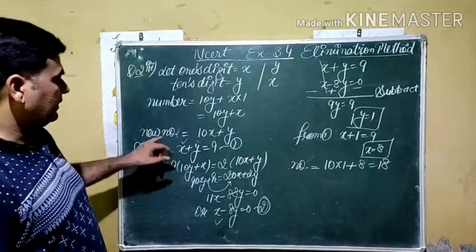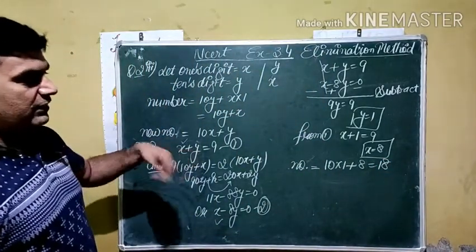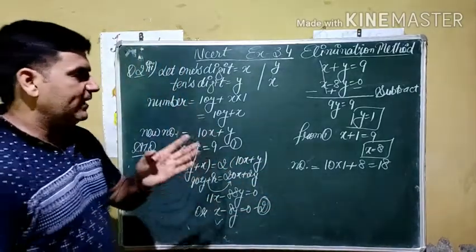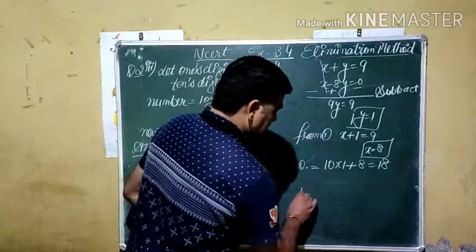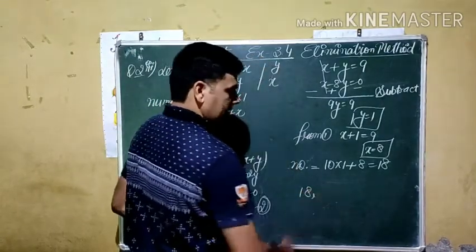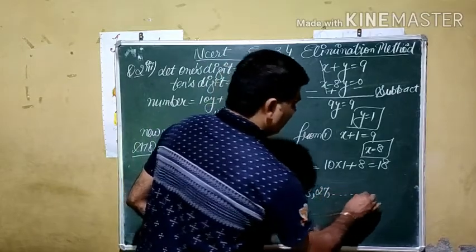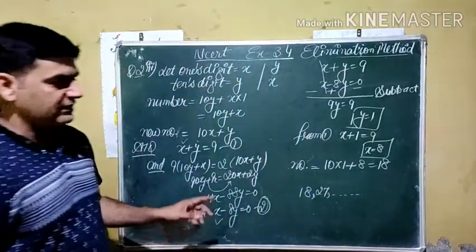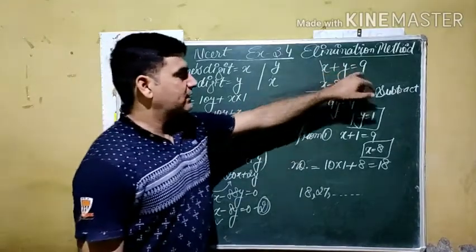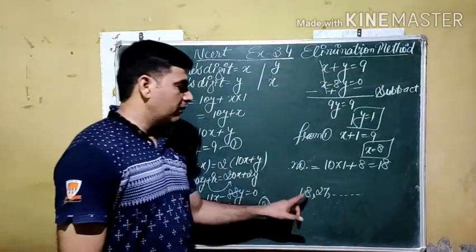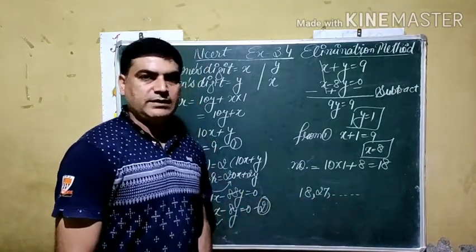So what is the new number? If we reverse it, the question may be asked, how many types of numbers are there? We can find generally in short, numbers where the sum of the digits is 9: 18, 2 and 7, like this. We can find the numbers whose sum of the digits is 9. But according to the second condition, it may vary from number to number.